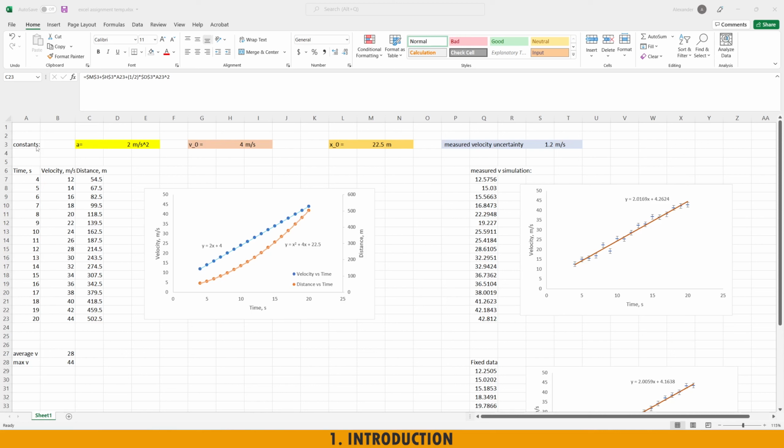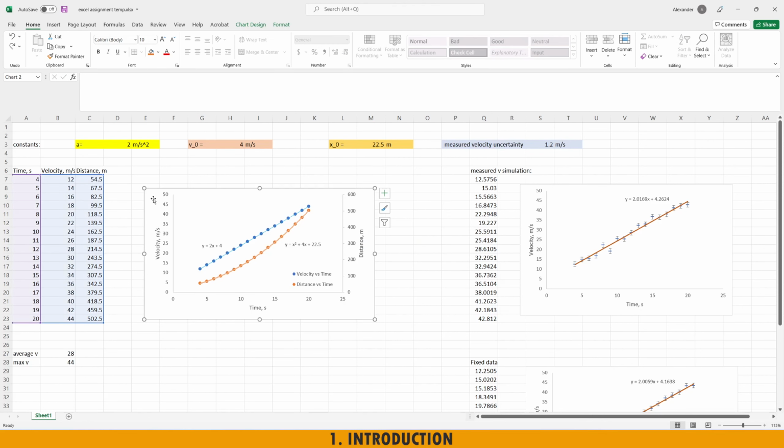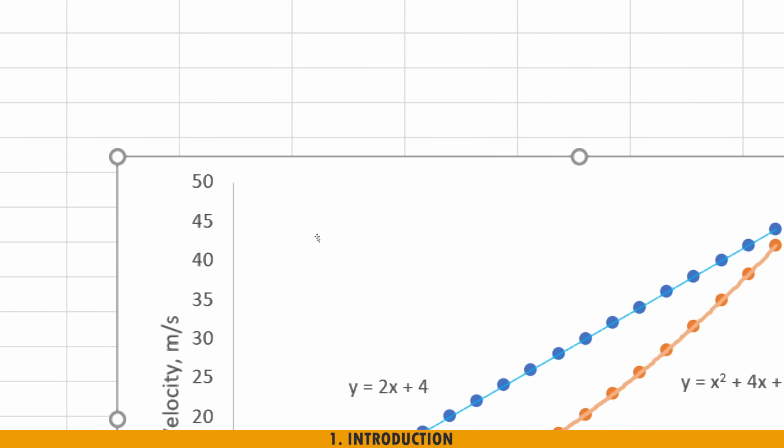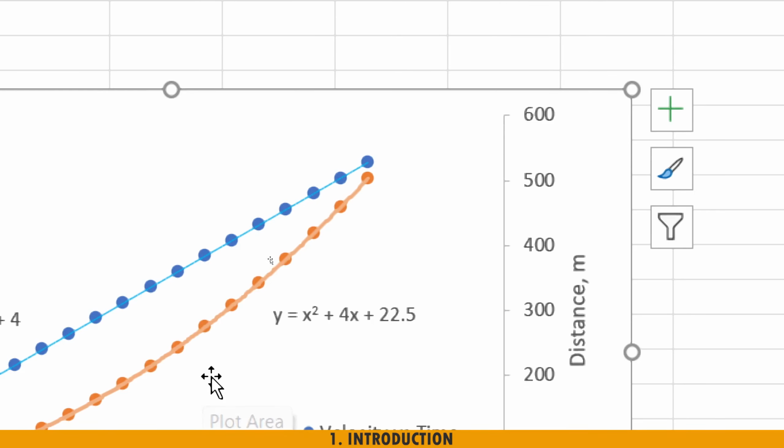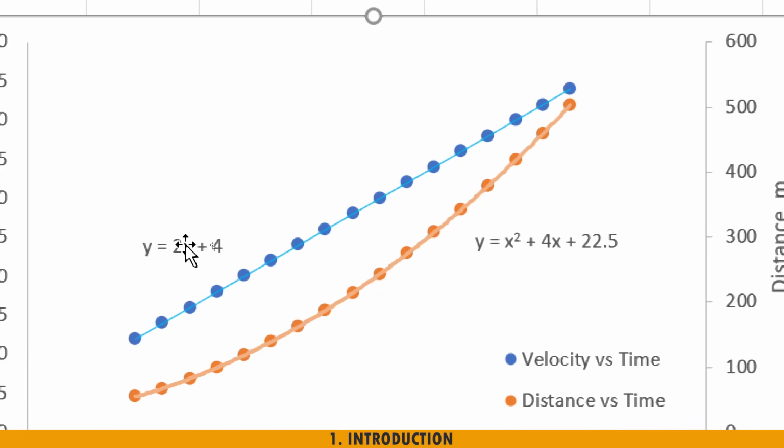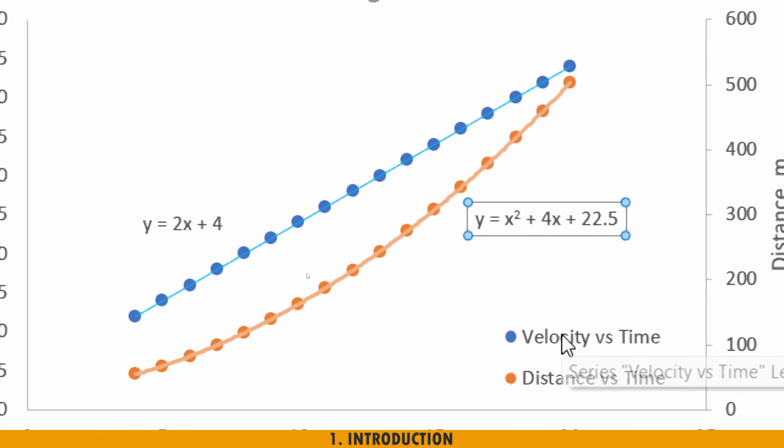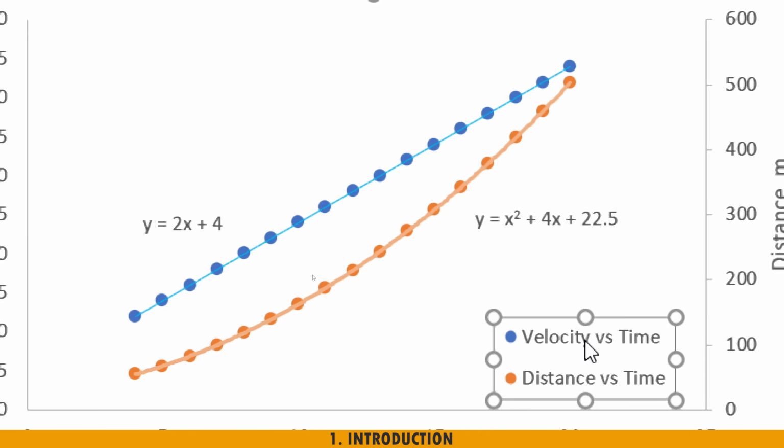As you can see, we have a data table over here. We have distance calculated using formulas. We have a plot with two vertical axes. One stands for velocity, another for displacement. Also, we have a trend line over here and the equation on the chart, as well as a simple legend for